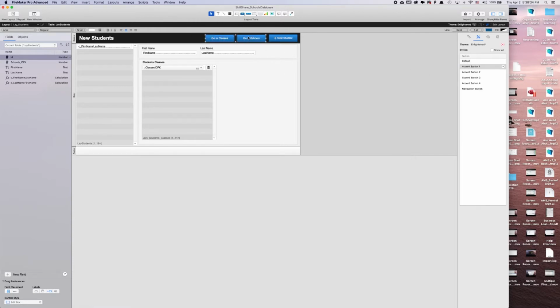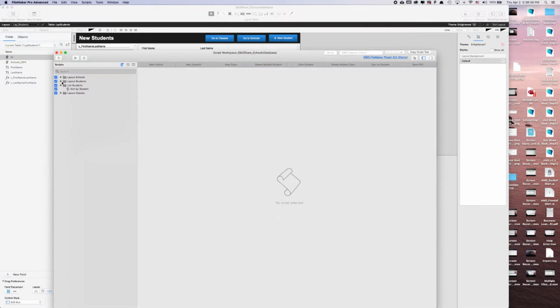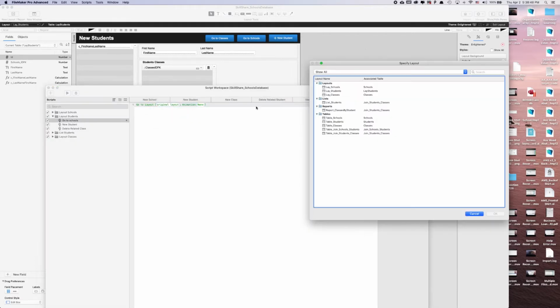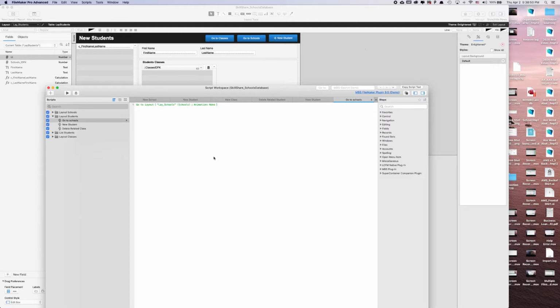Sweet. And then on the scripts, we are on the layout students, so we can go to schools, go to the layout, lay schools, and add another one, go to classes, go to layout,